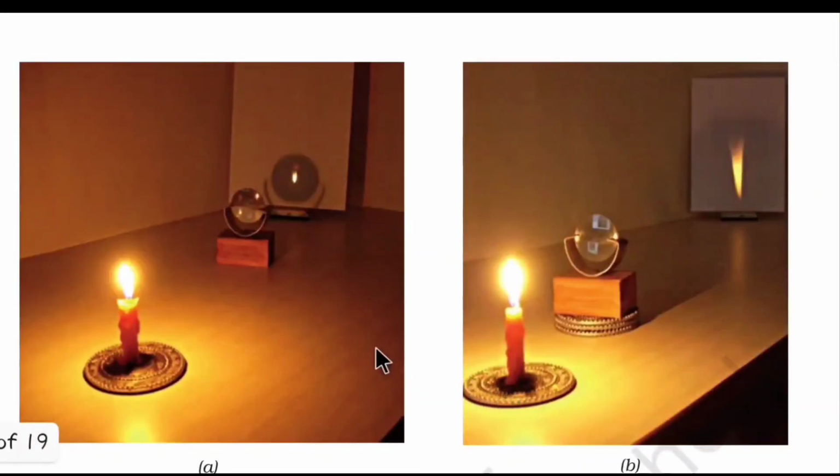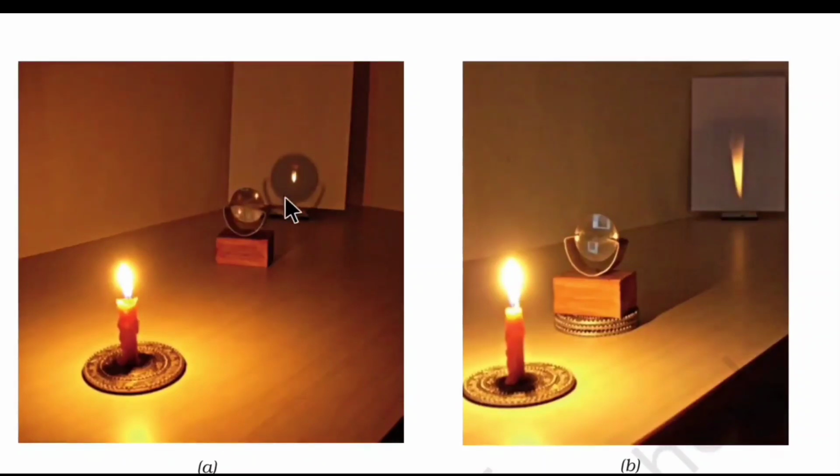So you have to make one arrangement. One candle arrangement: upright candle, and you have to place one candle in front of the lens. This is an arrangement of the lens frame, and there is a screen. First of all, we have placed the candle 50 cm from the lens, what we call actually far away from the lens with respect to the focal length of the lens.